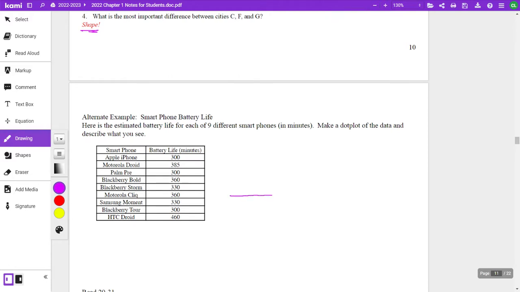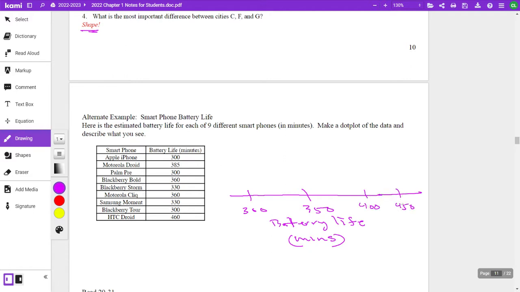Let's make a dot plot. Well, that's pretty straight, wasn't it? And then let's see, lowest one, I think is 300. And this is battery life. Remember to label battery life in minutes. Okay, and I'll just do it quick. These don't have to be super accurate, guys. And we'll go 400. Oh, there's a 460 in there, so I'll go 450. Okay. So we're going to go, I like to put lines through them. So I did my 300, 385, 300, 360,